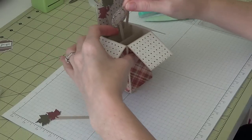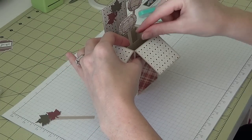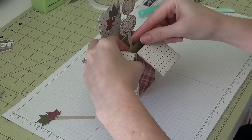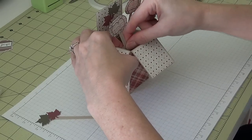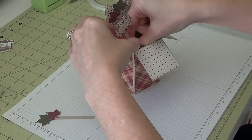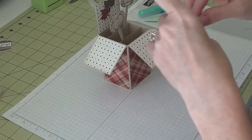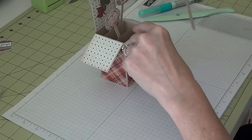And you can attach these in any way that you are totally comfortable doing. I've only made a few, so I'm not really sure about how I want to keep attaching stuff. I'm going to put these leaves a little bit lower, so